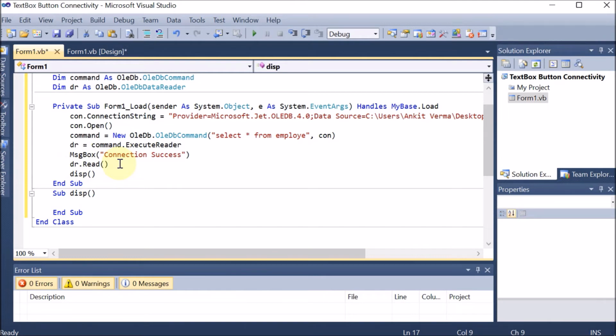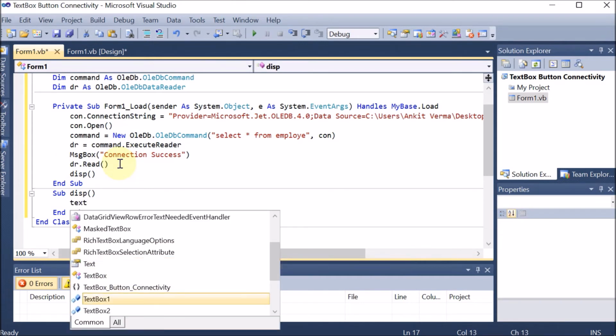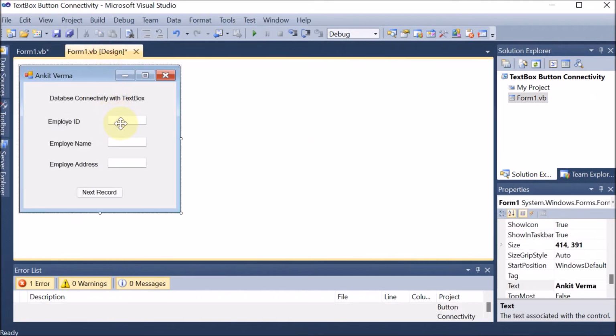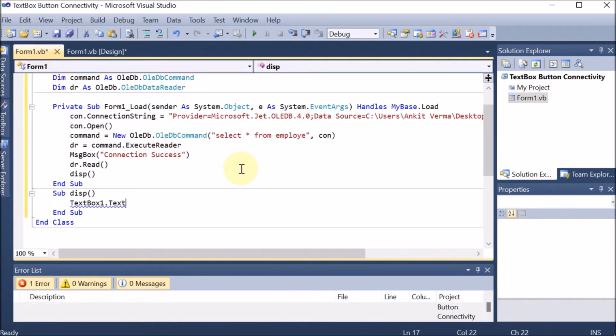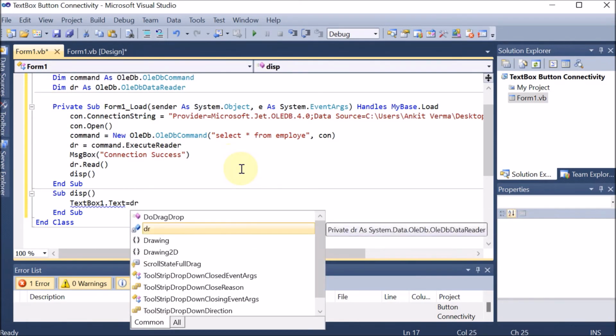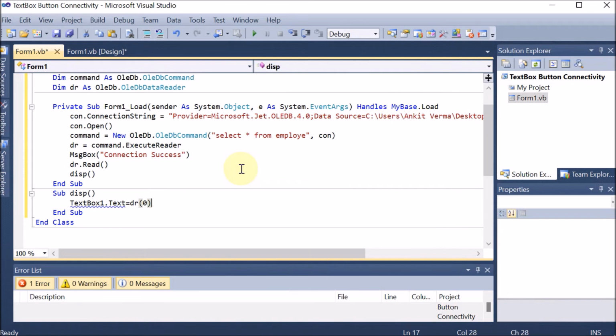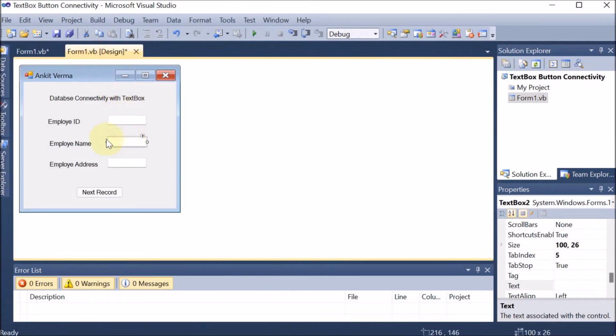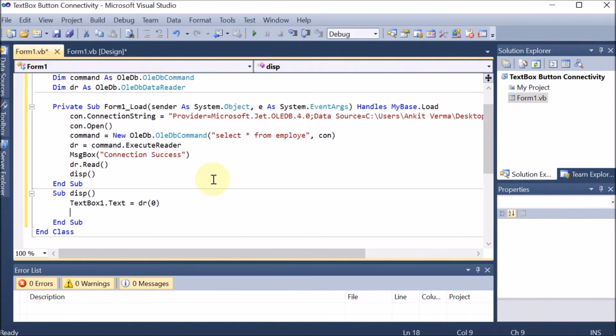Add the index value 0. We are mentioning that in the text box: TextBox1.Text. We know that text box 1 is for the employee ID. So TextBox1.Text is equal to what will be available at data reader 0th index. Now we want text box 2 to show the employee name, which is the first index.